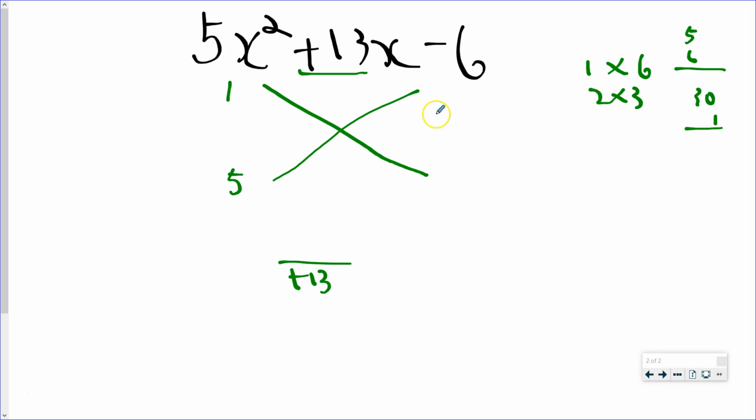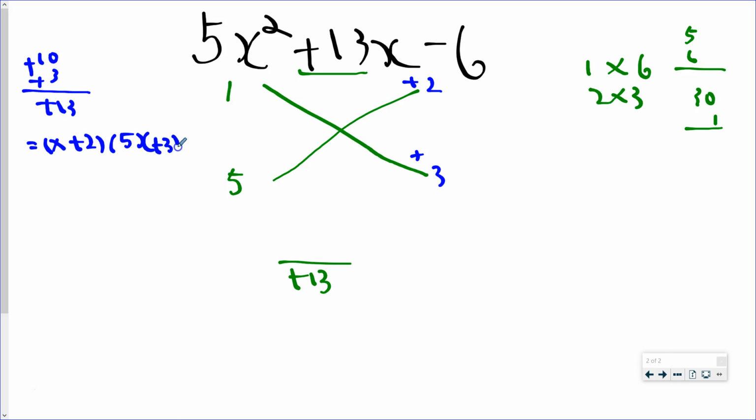Then we get to 2 and 3. So we're going to do the 2 and 3. I'm going to use blue. 2 and 3. 5 times 2 is 10. 1 times 3 is 3. It's going to get to my 13. Definitely. Plus, plus. So for the things that are blue, everything is plus. So 5 times 2 is a plus 10, so it's a positive. 1 times 3 is a plus 3, is a positive. So if I read my answer, it's going to be x plus 2. Don't miss this 5. 5x